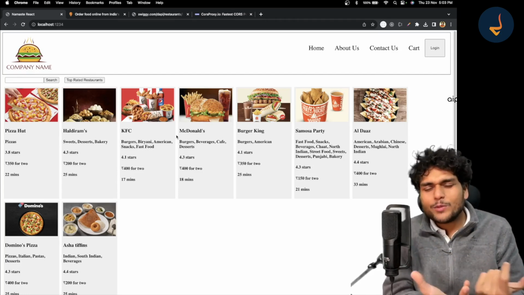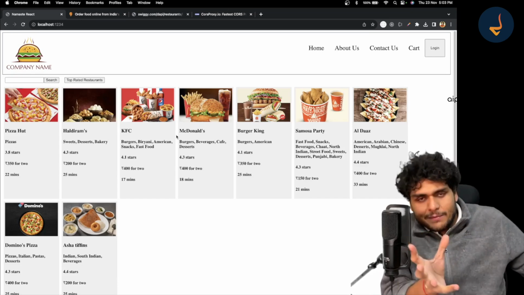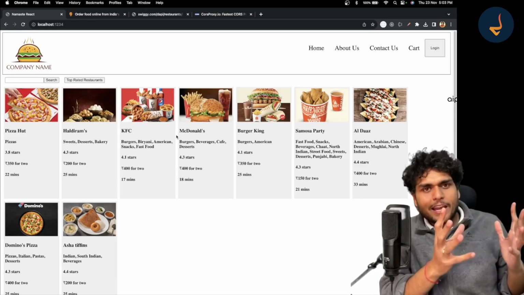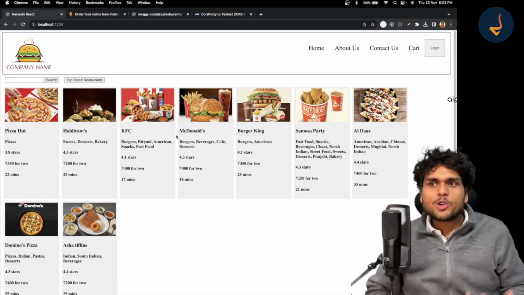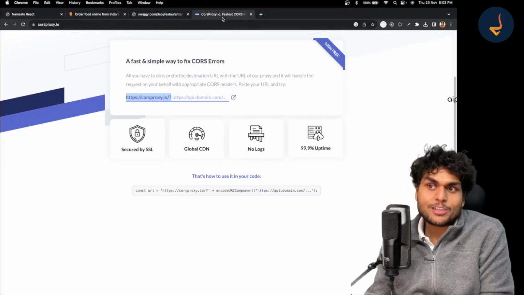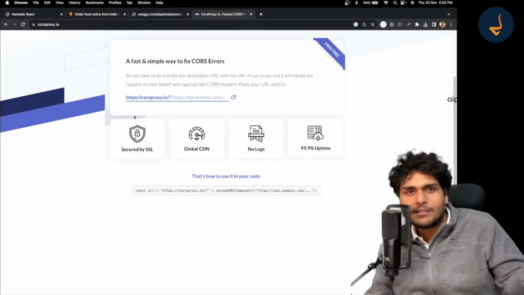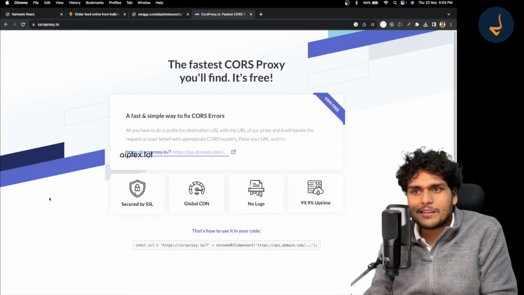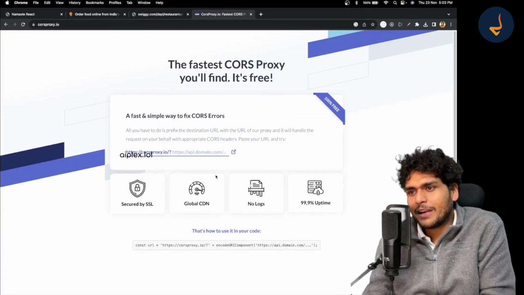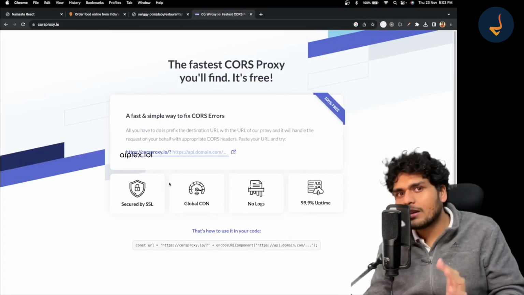But I think because we are doing development, we are not concerned about scaling, right? If you want to build an app which is very much scalable, you might not want to use this corsproxy.io, or you'll have to figure out a new solution, or maybe they have a paid version or something. I don't know, but they have a limit for sure, so that you don't misuse their services.